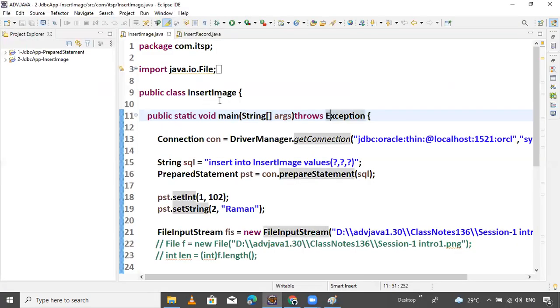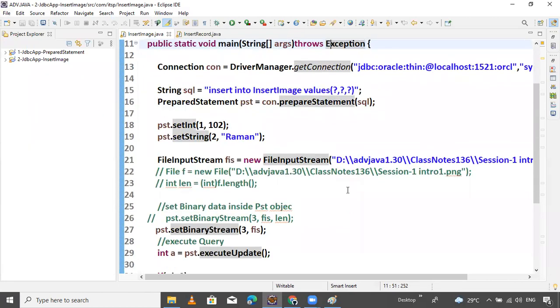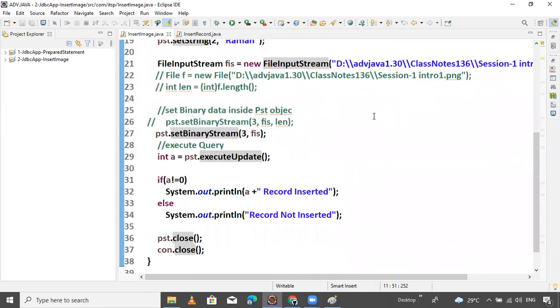First of all, this is the last program, inserting the image. Here I will prepare the new program.